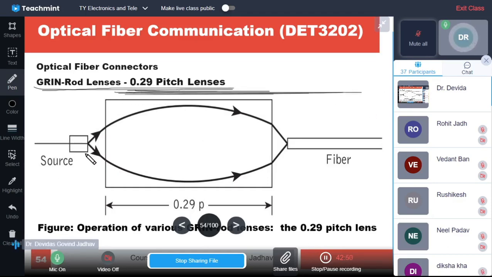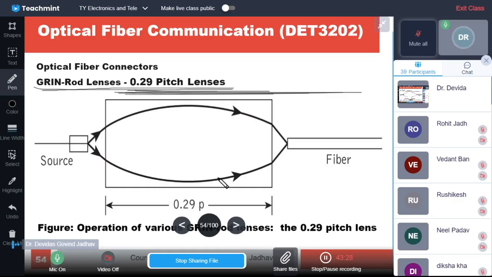So this is the source, this is the focal point which is outside the 0.29 pitch lens. Outside the 0.29 pitch lens, there is a source because it is a focal point, and this source will have a divergent beam radiated, but the lens dimension is sufficient to cover all that diverged beam, and it collects all the optical light without loss, and then sinusoidally that is curved to refocus.